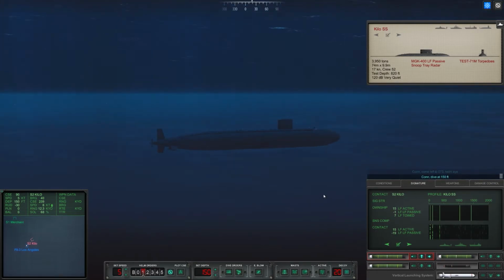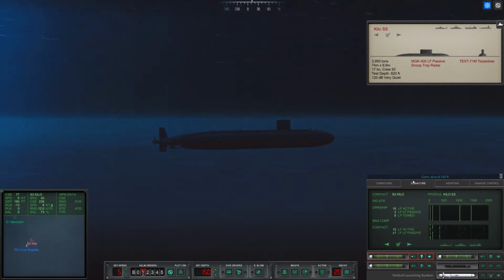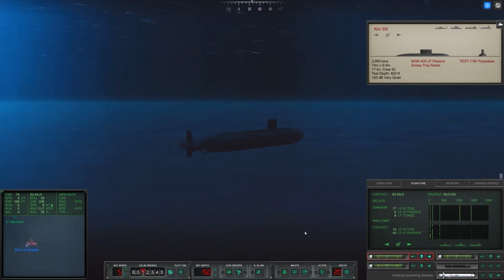Con, dive at 150 feet. Dive 5. Look at his course. I mean, we just did a 180. And we picked him up. Can't hear me. If he goes active, he'll definitely hear me or know where I'm at, but that's okay. So will I. Don't have the best passive sound of him, but...